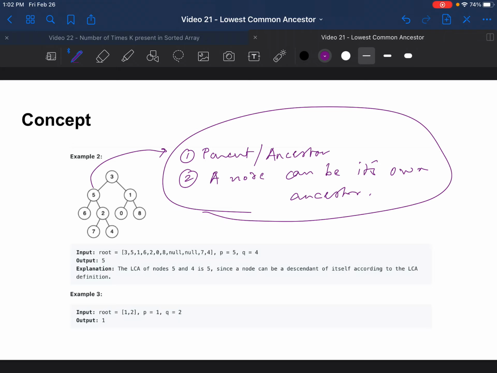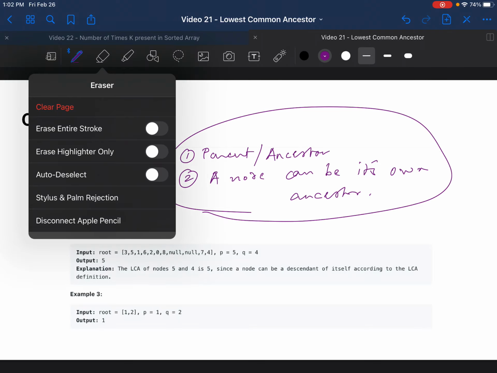Whenever I have this kind of problem where I'm trying to find a parent, I want to form a template here which you can use as a concept to internalize and apply in later examples as well. Don't just think about this problem.